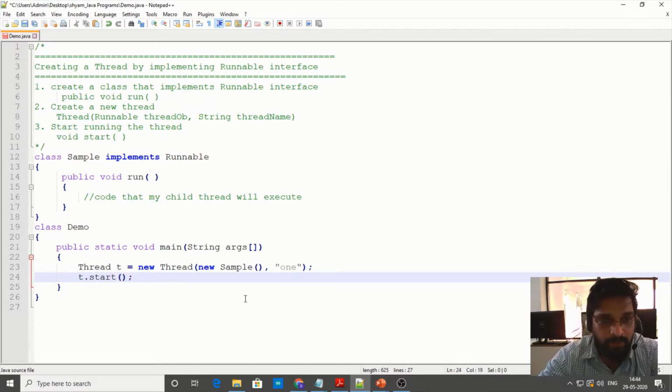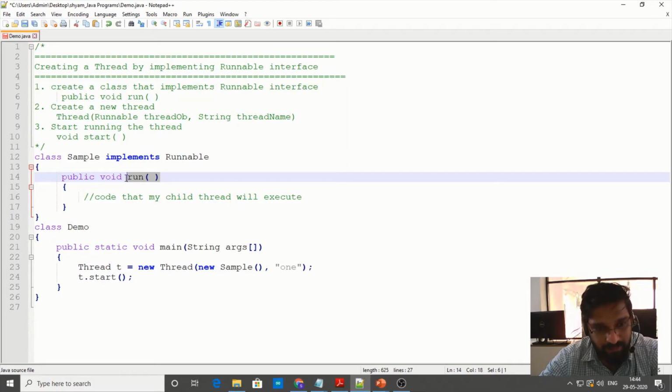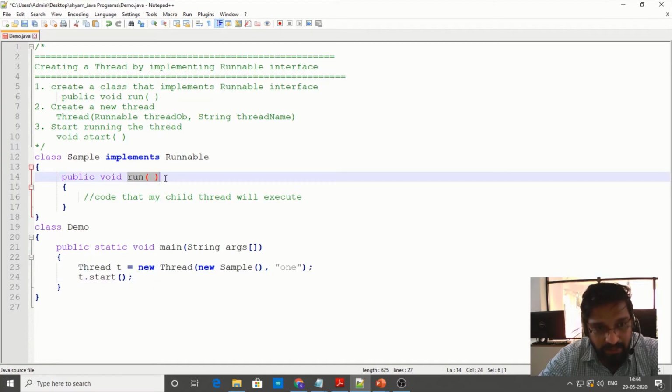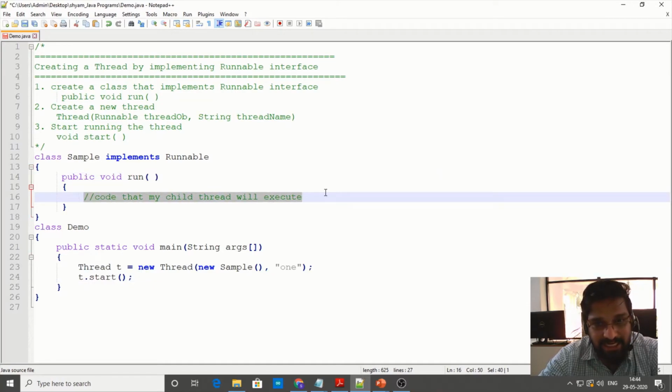So once I call t.start, what's going to happen? I'm going to run the code which is present inside the run method. Once I call t.start method, control jumps to the run method and the code inside the run method gets executed. So let me write a simple code,